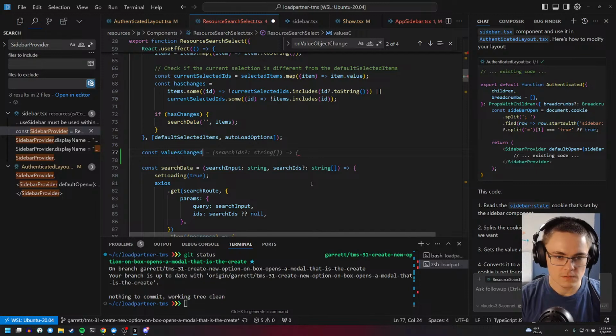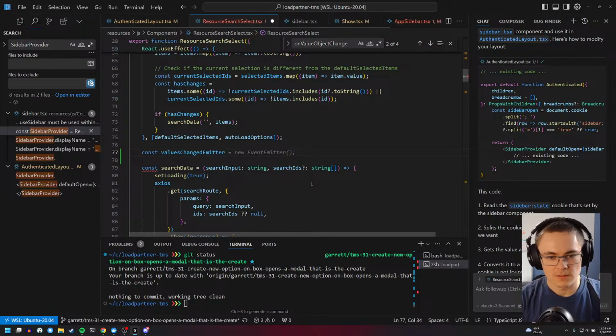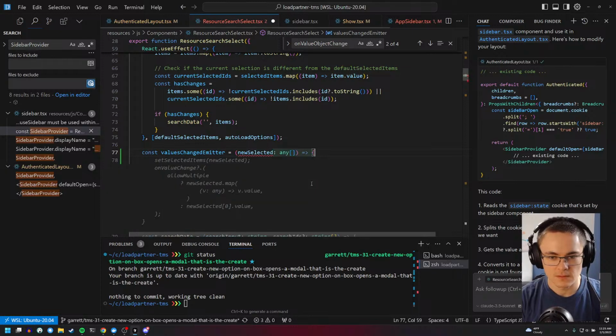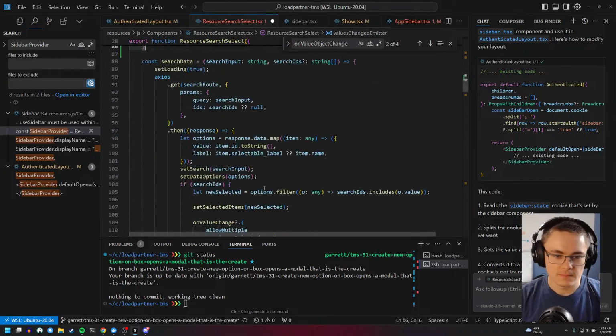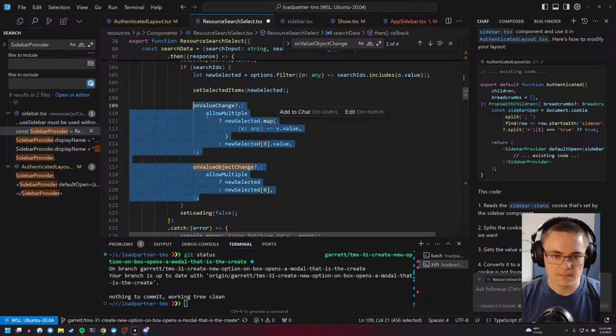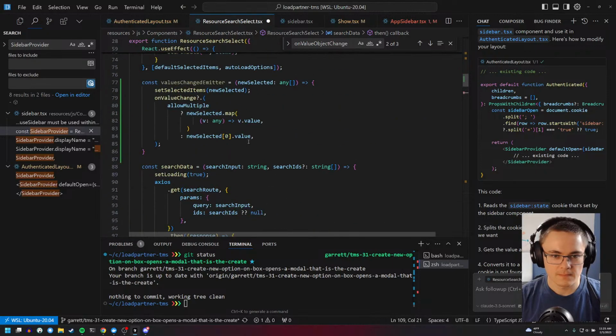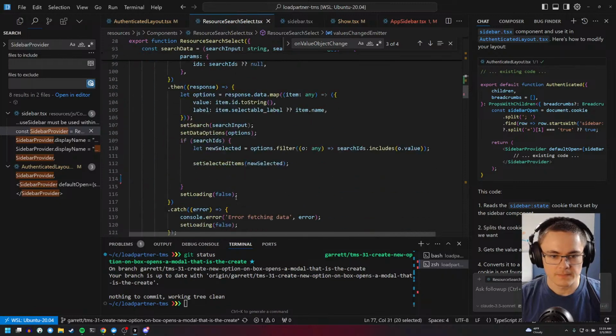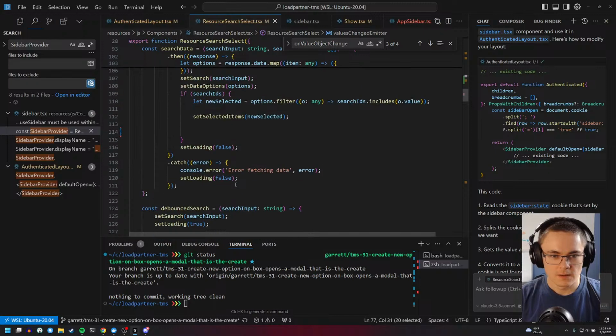Values changed. Emitter. No, it's not a real emitter. It's a pretend emitter. News selected. And then